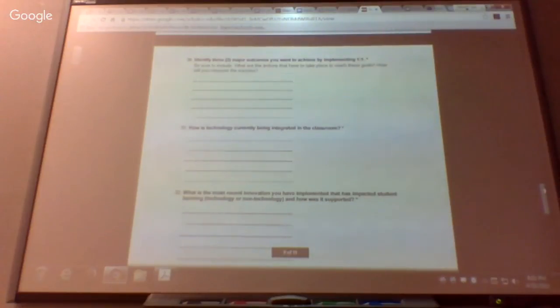Identify 3 major outcomes you want to achieve by implementing one-to-one. What are 3 things that are going to happen with your technology grant? If you want to convince me to give you X number of dollars for 120 iPads, give me 3 major outcomes that I can measure. And then I can come in after a year and say, nope, you didn't meet them. Give me my iPads back. How is technology currently being integrated in the classroom? What's currently happening, and this is the tough part, not on a